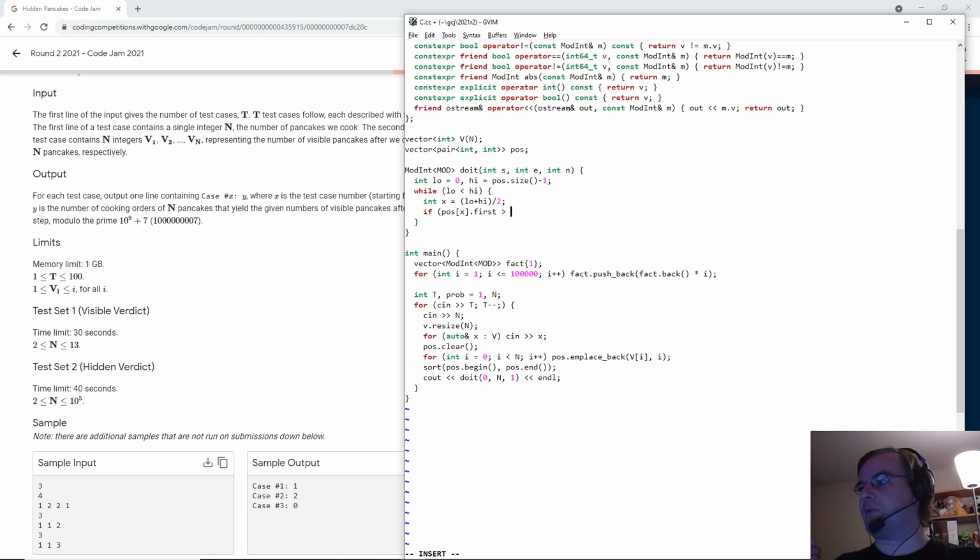So what I want to do is find the first position that matches n. Sorry, I want to find the last position that matches n.